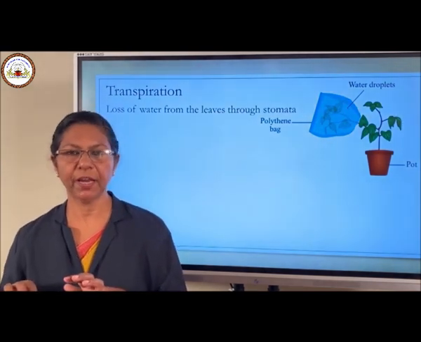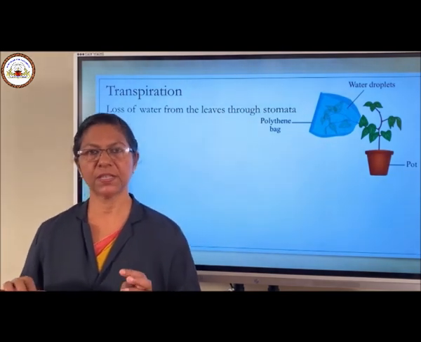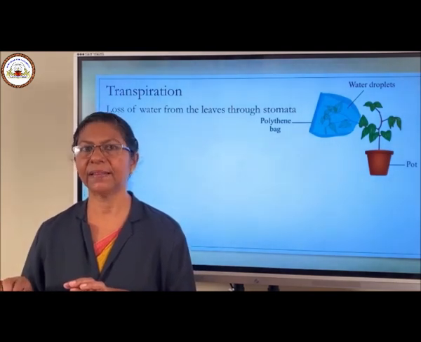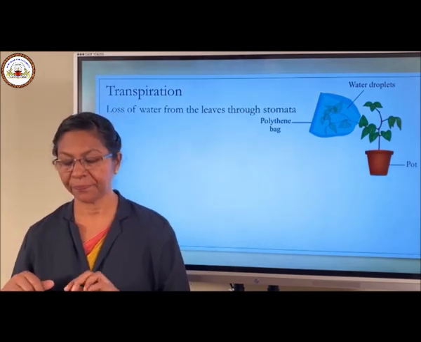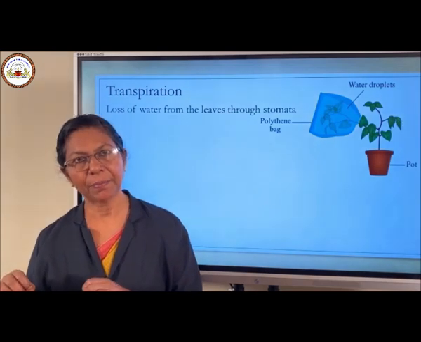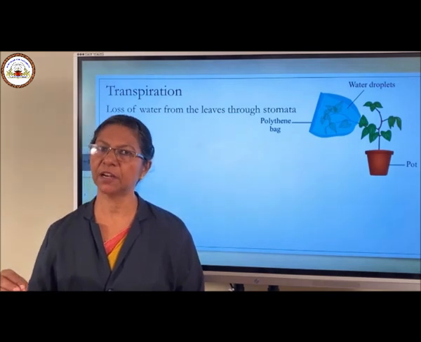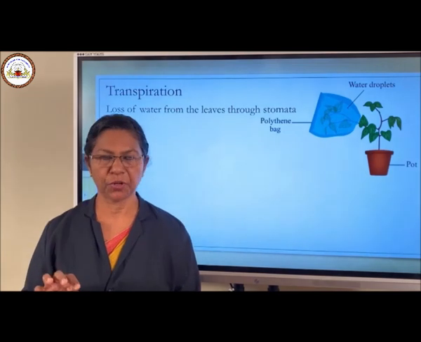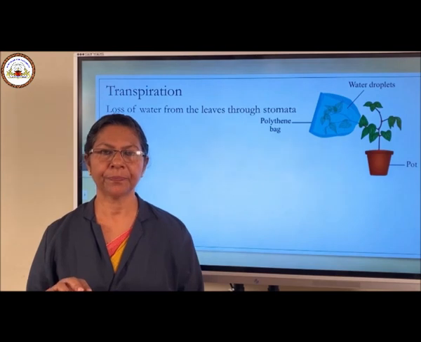So the leaves are preparing food from carbon dioxide and water in the presence of sunlight, and that process is known as photosynthesis. At the time of photosynthesis, a gas is liberated, and that is oxygen. This oxygen is used for respiration. The food prepared by leaves is stored in different parts of the plant body. Another activity we have to do shows that sunlight is necessary for photosynthesis. For this experiment, we have to take a potted plant and keep it in a dark room for 2 or 3 days.